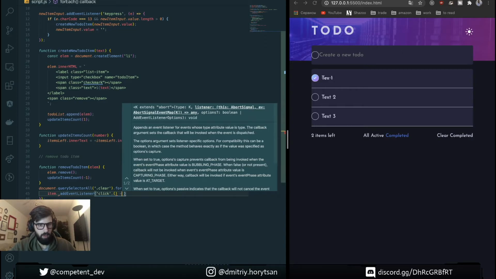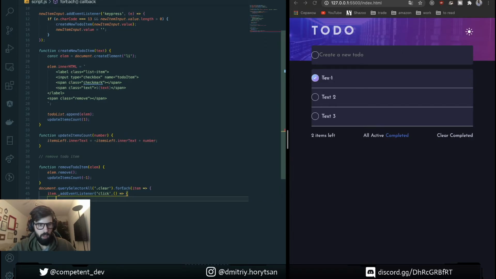Here for this item we're gonna call our remove to-do item, but we need to call it for the parent of the clear element.